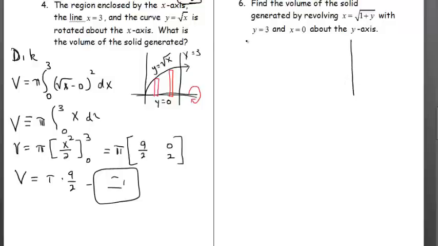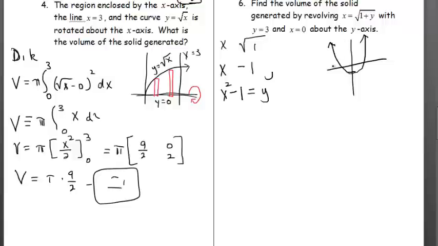Okay, to get an idea of what that looks like, I'm going to come over here. And to graph this, I would square and get x squared equals 1 plus y. Subtract the 1. So hopefully it's on your paper. y equals x squared minus 1. So I'm trying to draw the parabola x squared minus 1 intersecting with y equals 3 and x equals 0